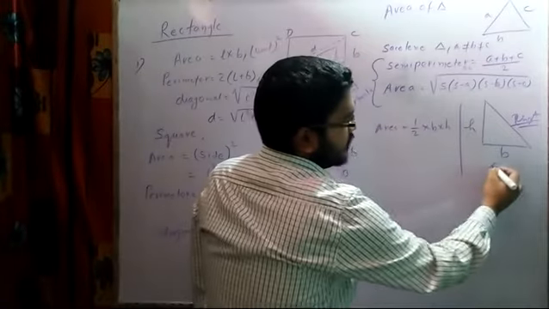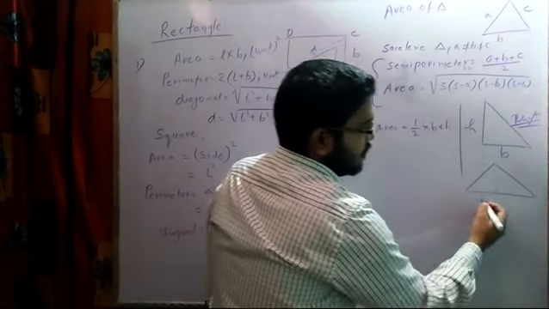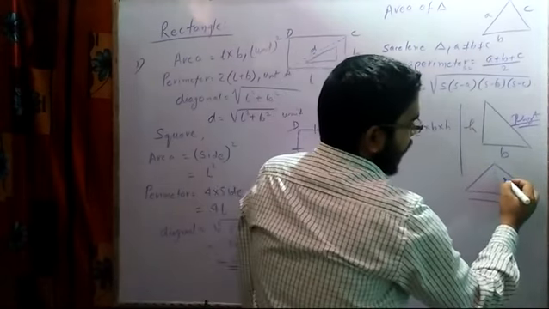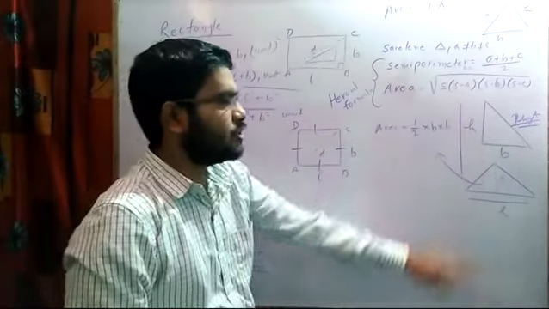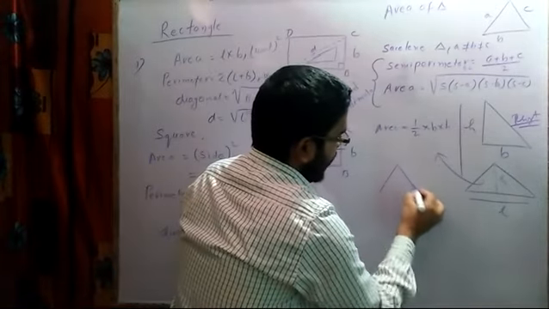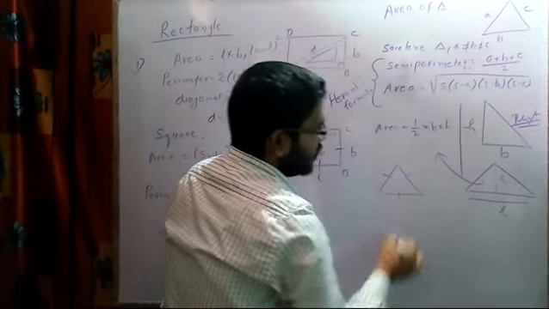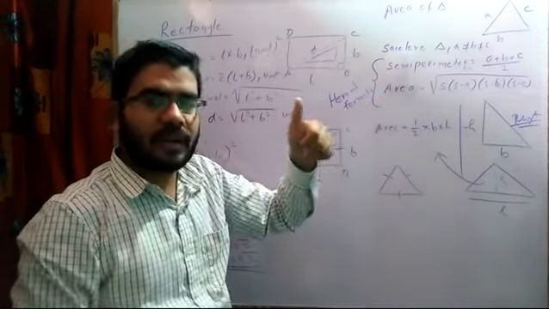If it is another triangle, where only one triangle is given in which a perpendicular is drawn, and we know the length of the base and the height, then we can also apply the formula half into base into height. Now the second type is the area of an equilateral triangle. If I have an equilateral triangle, meaning all three sides are equal, again I am saying we can apply Heron's formula, and we will get the answer.